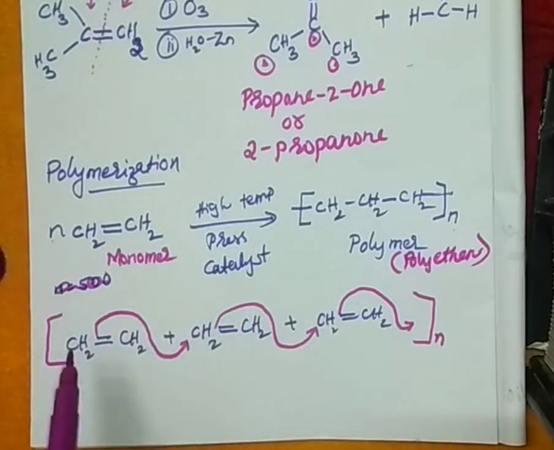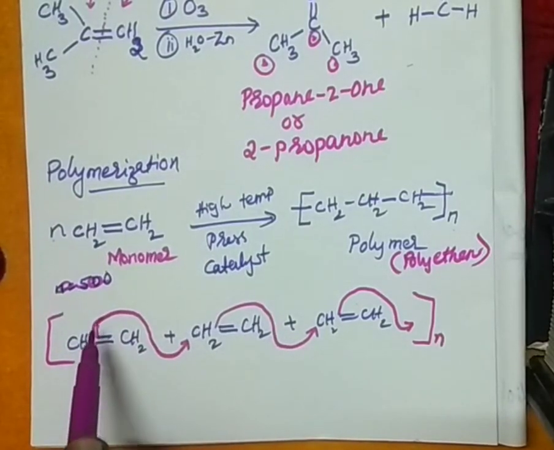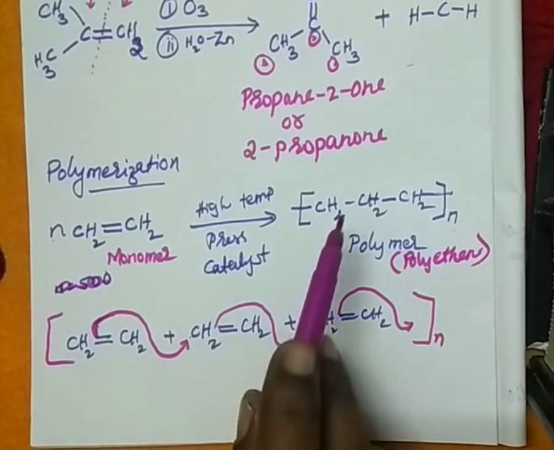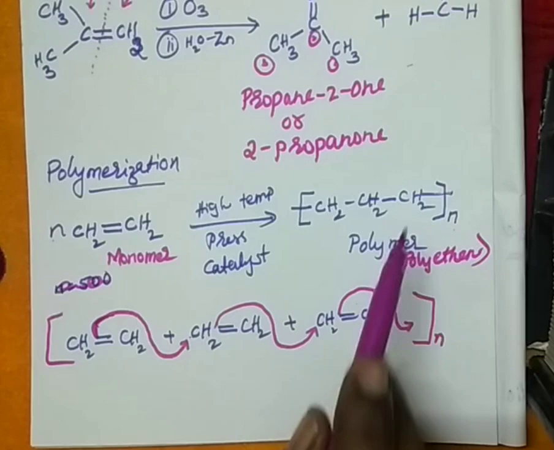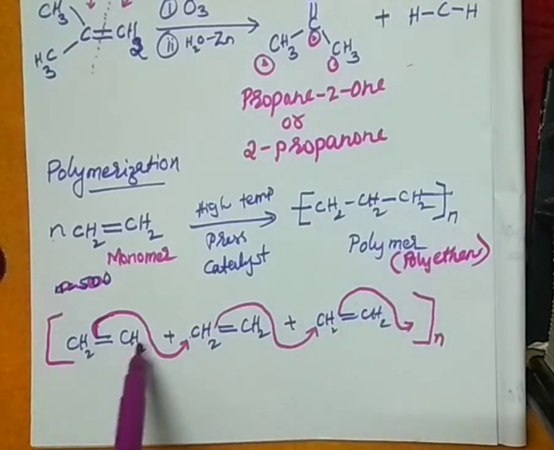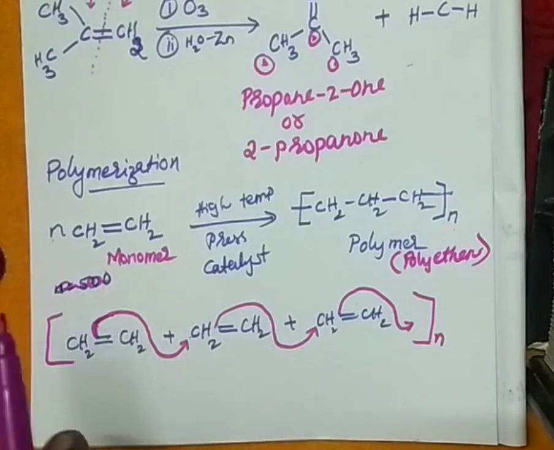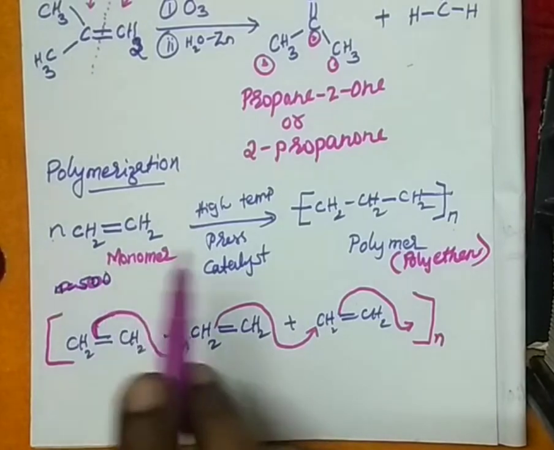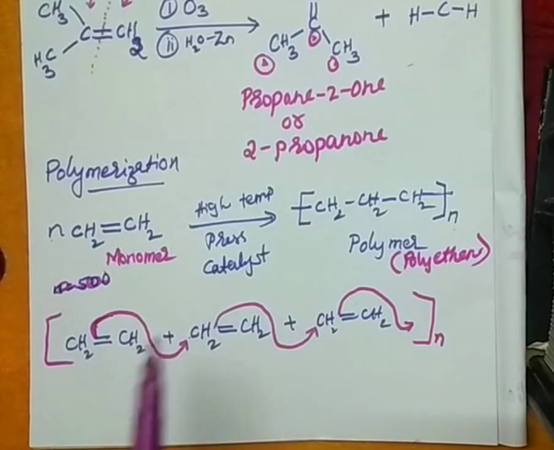Now, due to your understanding of heterolytic cleavage, negative charge and positive charge, you are able to understand my arrow marks. See here, 2 electrons are taken up by this carbon and the negative charge adds on to this, forming a bond. And again these 2 electrons are taken up by this carbon and form a bond. Therefore another bond, like that. So 1, 2, 3, 4, 5, 6: 6 carbons should be there if 3 molecules are combining. That means n of 500 will give you a chain of 1000 carbon atoms, right? So this is the polymerization reaction, and the end of your addition reactions of alkenes.